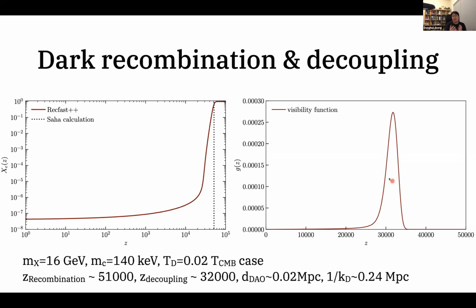And also dark matter erases perturbations due to the coupling between dark matter and dark radiation. This introduces a Silk damping scale, which is about 240 kiloparsec. So there is rich physics and there are cosmological consequences there, and that can, for example, help to address the small scale problem, because we naturally suppress the power on small scales using the dark Silk damping. That may help to address the